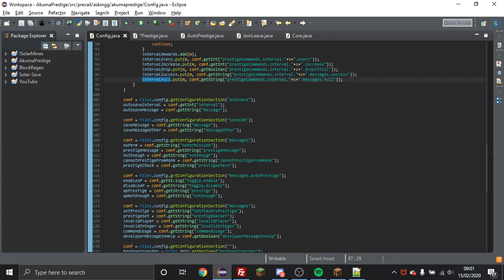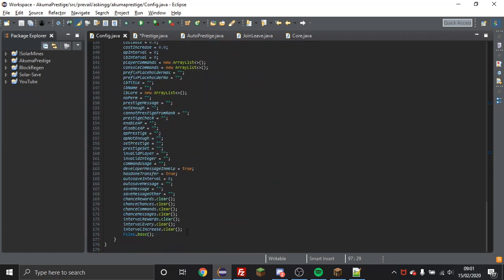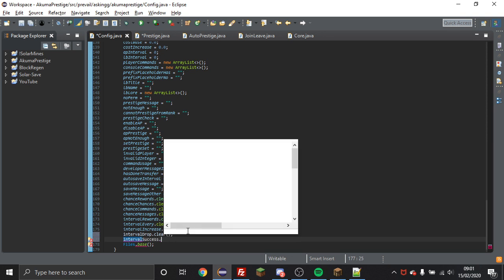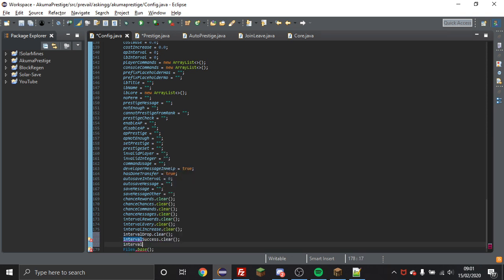I put 1L. And then just add this down here. So interval drop.clear, interval success.clear, interval full.clear. Cool. If I could spell clear right, cool. So